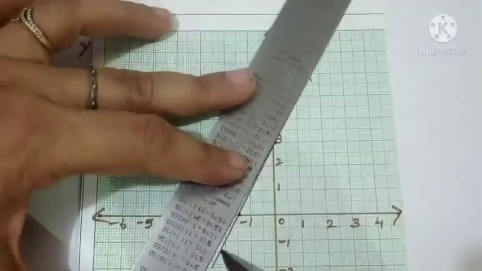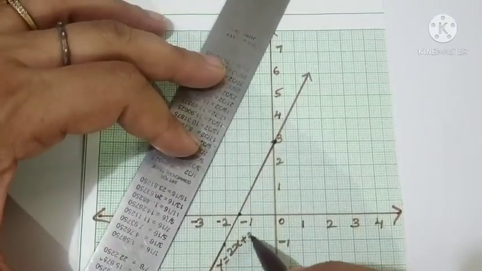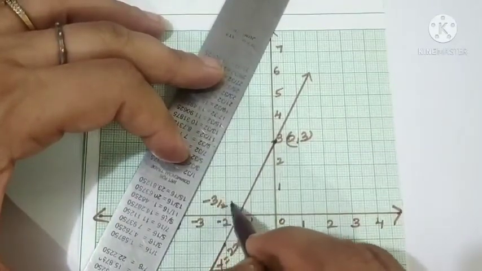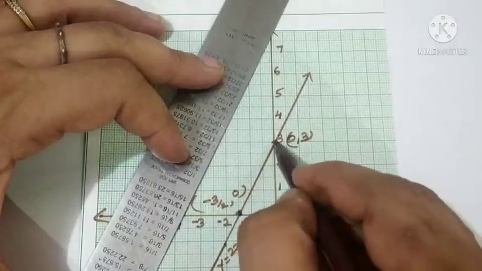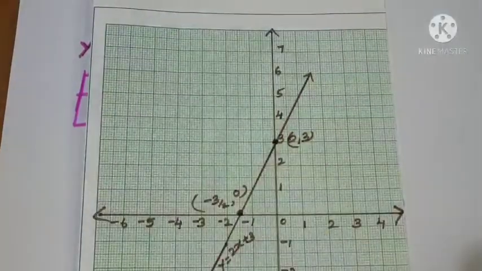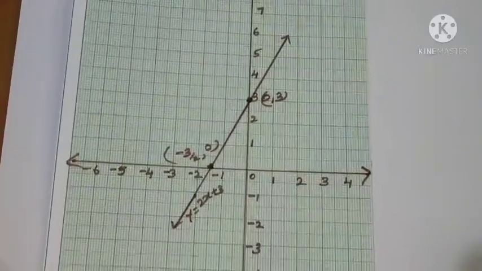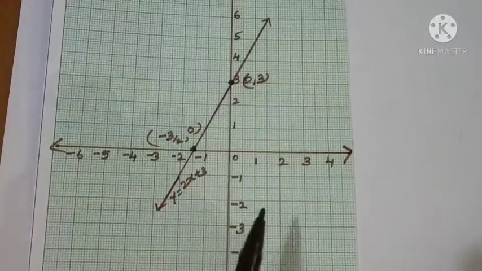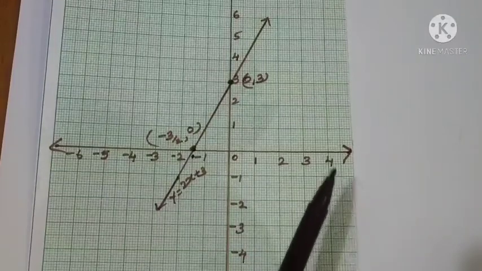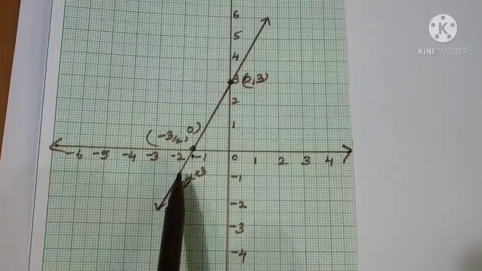So we got this graph, y equal to 2x plus 3, and the coordinates are 0 comma 3 and minus 3 by 2 comma 0 that we have used here, right? Now the question is, what is the zero of this polynomial? With the help of the geometrical meaning only we want to find it. Let us check where the graph of this linear equation is cutting the x-axis, not the y-axis as it is asked. Here y point is also given, so it cuts the y-axis as well as the x-axis.